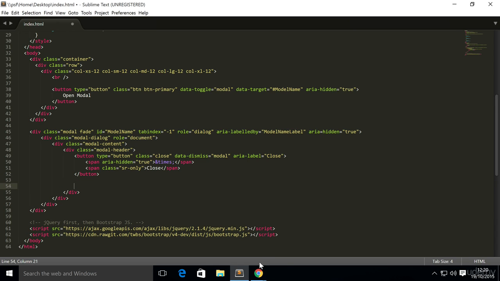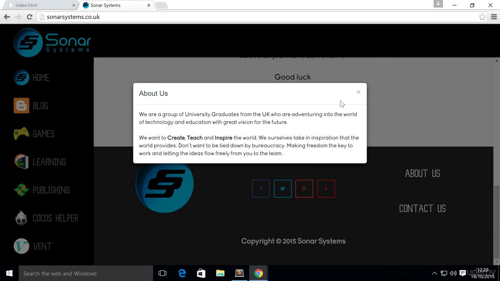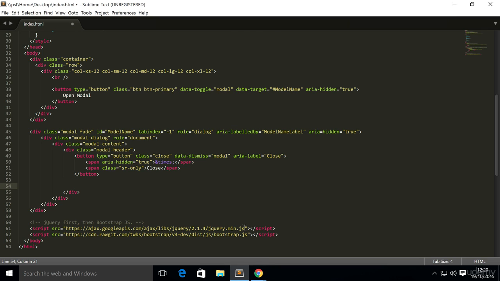Because if we just go back to our website, click it, as you can see the button and the title are within the same section. They don't have to be, you can put them wherever you want. It is very flexible, but it's going to keep a general format because it looks very good. I'm going to put H4. Again, you don't have to put H4, you can put really whatever you want, but H4 looks pretty sweet. So I'm going to put class equals modal-title